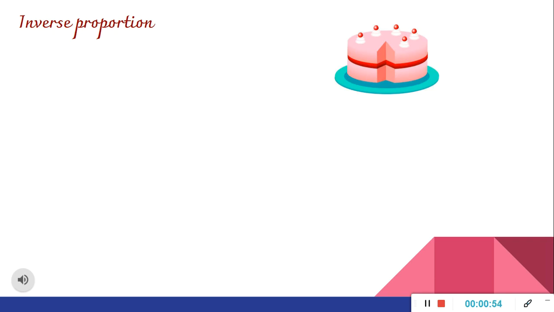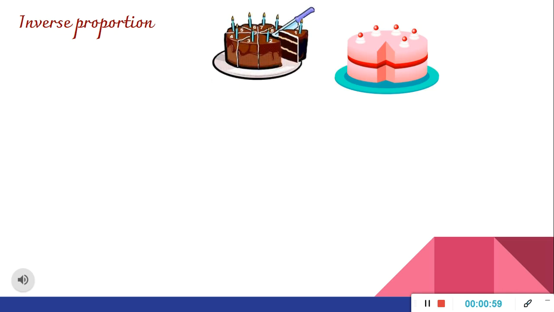So what do you do? You divide this cake into 8 equal slices, right? And give each slice of cake to each of them. But let's say that you invited a lot of friends. Instead of 8, some 16 friends arrived at the party. So what will you do? Because you still have just one birthday cake, right? You are having only one cake. So what do you do this time? You divide the cake into 16 equal slices so that you can give one slice to each, right?